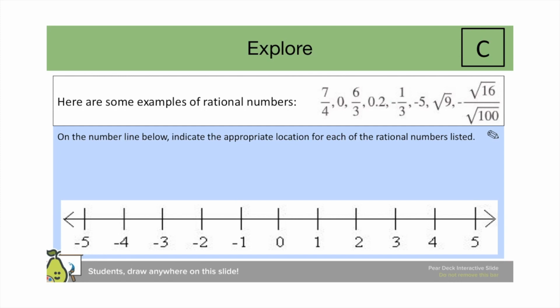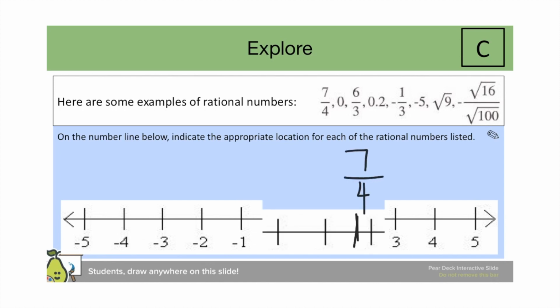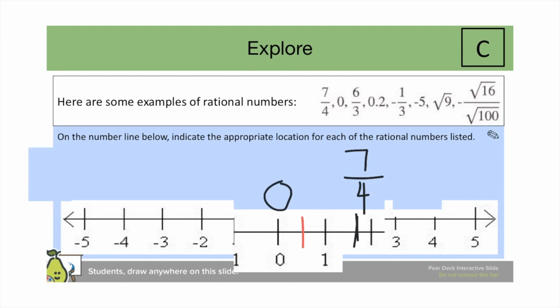So you can help students by divvying up the work. 7/4 is 1.75, which is approximately 3/4 of the way to 2. So you can say 7/4 would lie here on the number line, and 0 would be at 0. So 6/3 is 1/2, which would lie there. And 0.2